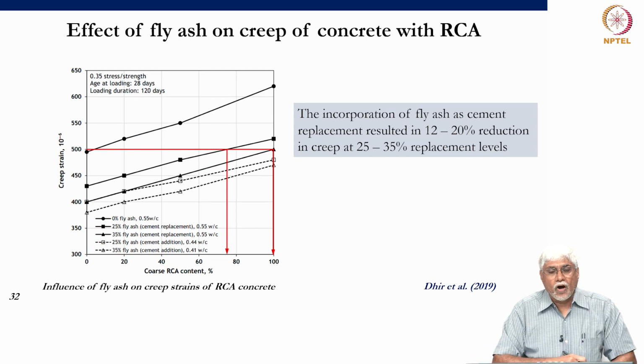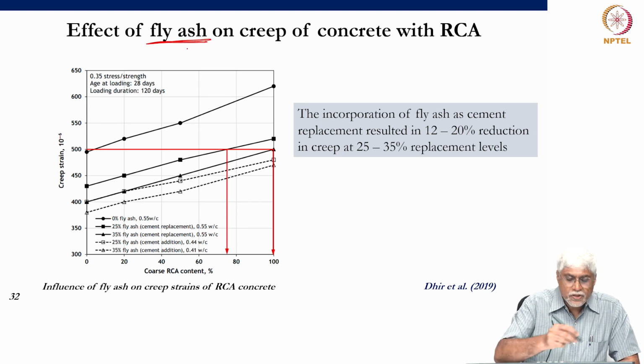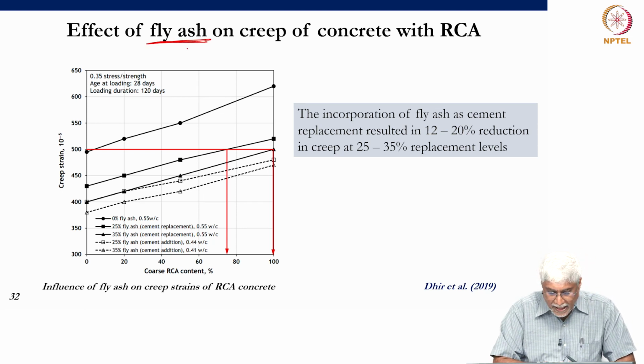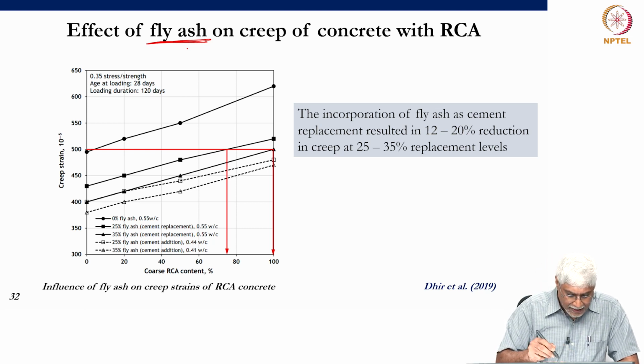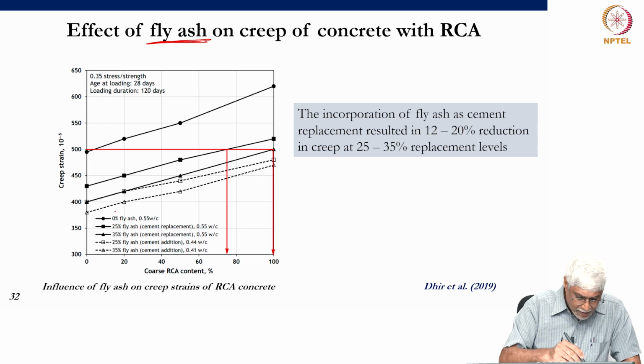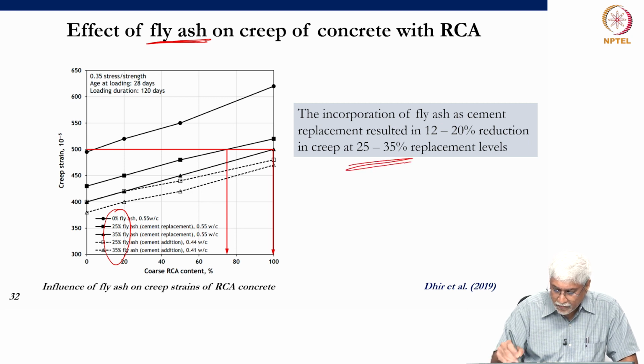How about compensating creep? One way to do it is with fly ash. Substituting cement with fly ash can help, and these are cases where we have different fly ash percentages replacing cement at different water cement ratios, and we find that having fly ash replacement at replacement levels of 25 to 35%, we can have a 12 to 20% reduction in creep,